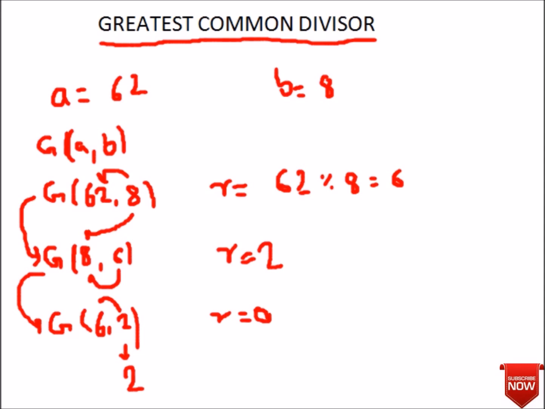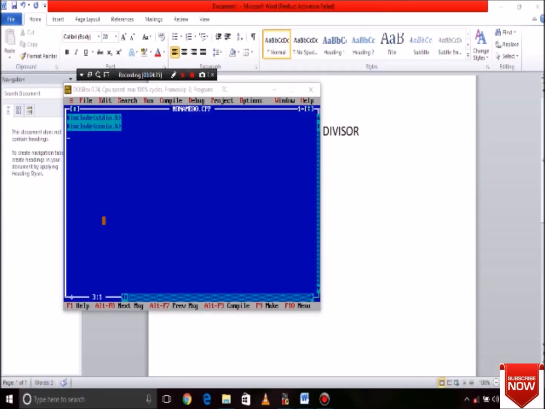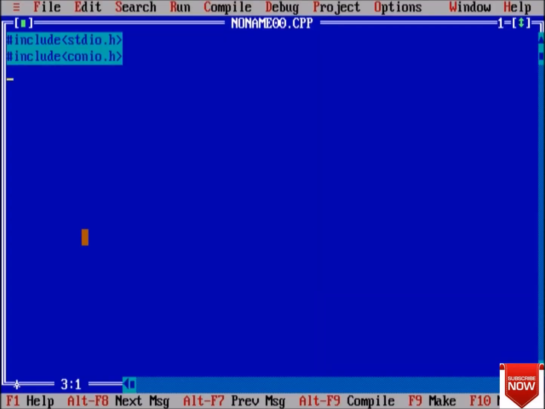Now coming to Turbo C++, there we will see how it is working. First of all we will declare a function int GCD, and declare two values int A and int B, and this is the function declaration. And here void main, two integer values a comma b, and third is result.